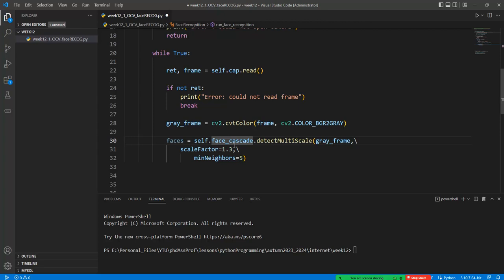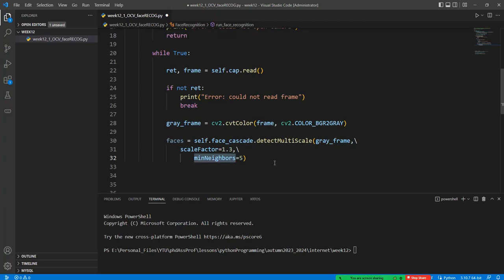Min neighbors means that if we have this parameter in here like this one, we can scale also the face pixels in here. For example, if we have not the face but a similar pattern, we can check, and also we can approve this is the face, because in every frame we cannot do the